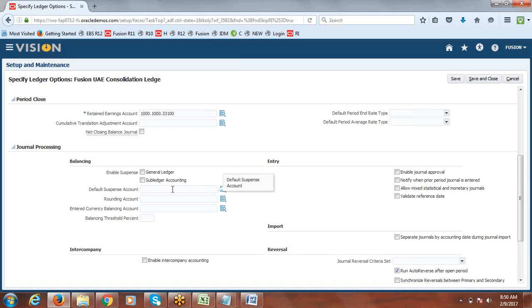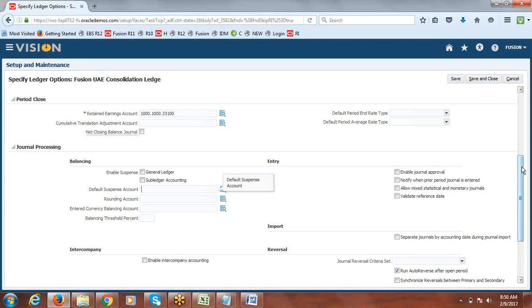I think, Lakshman, you have to enable that suspense. Where? There is a checkbox. Where do we have to enable? You have to enable the enable suspense checkbox at the general ledger or sub-ledger accounting level. No, see, in 11i we have that option.